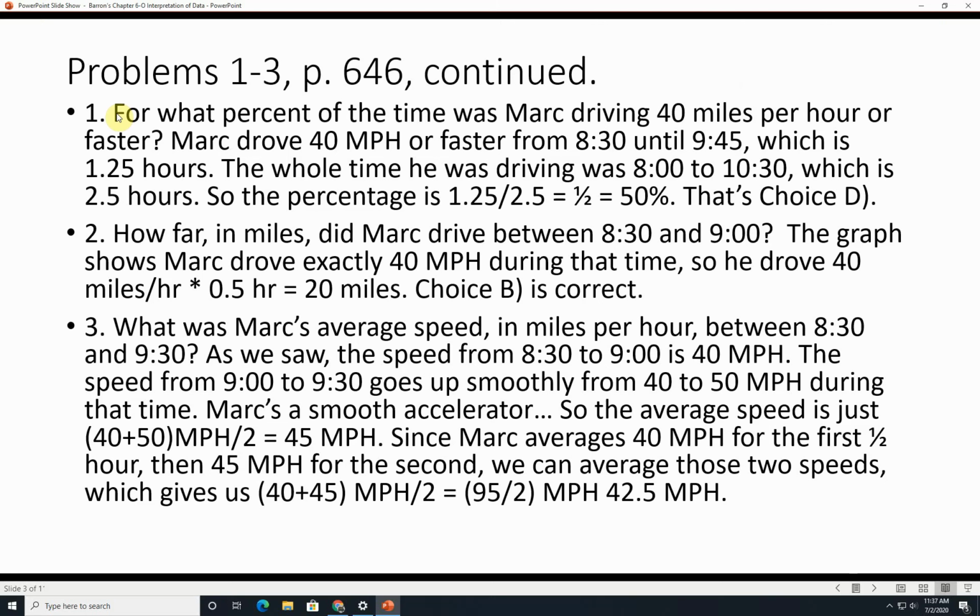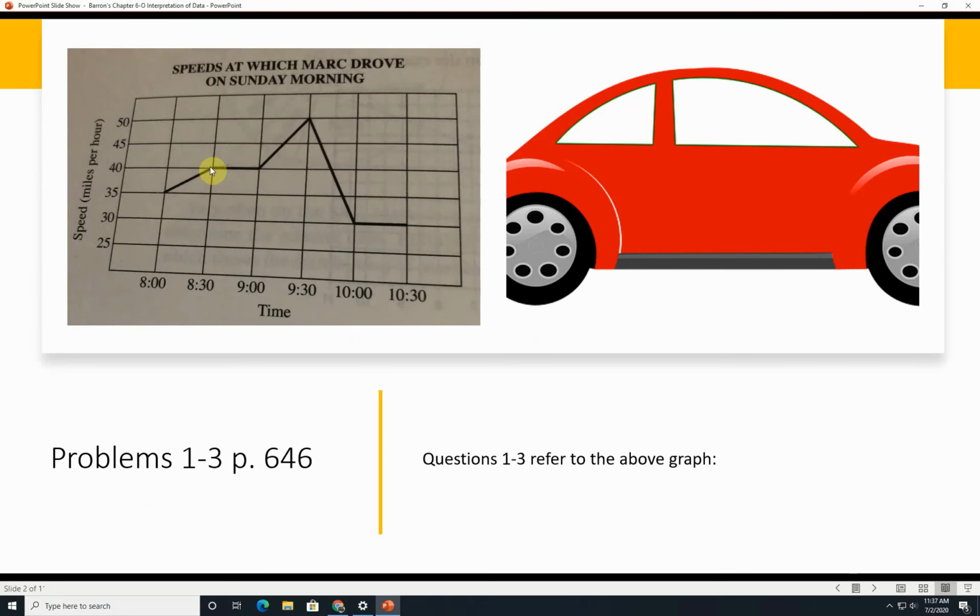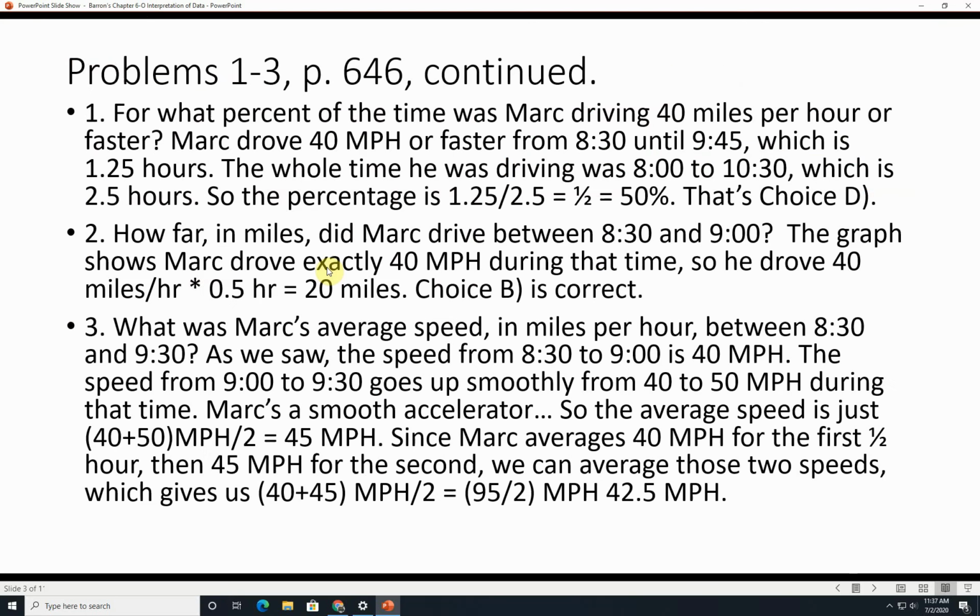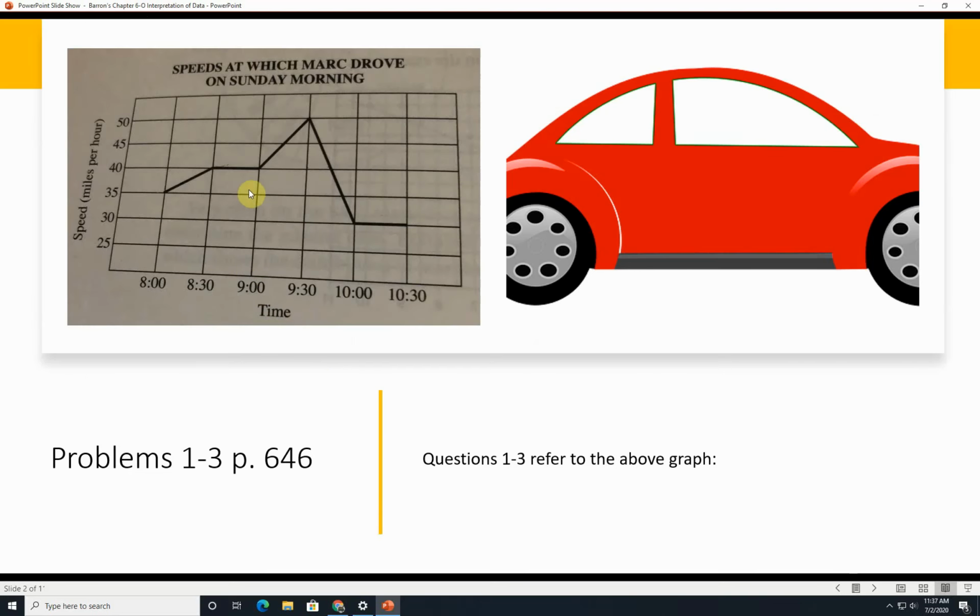Problem number 1, for what percent of the time was Mark driving 40 miles per hour or faster? Well, Mark drove 40 miles per hour or faster from 8:30 till 9:45, because we can see 40 right here, and that goes to 9:45, so we can see that nice line of 40. All right, this is 8:30, and goes to 9:45, so that's an hour and 15 minutes, or an hour and a quarter, which is 1.25